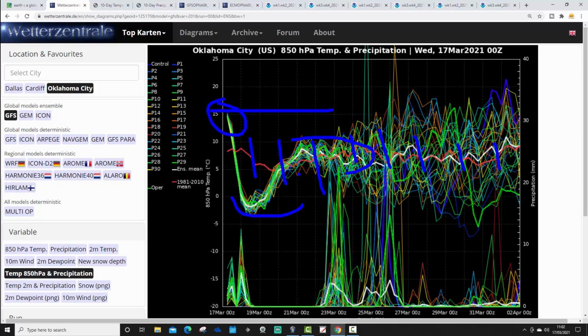Temperatures will then recover as we go through the weekend and into next week, and then be quite close to the long-term average, although there is a bit of scatter here, so you see very up and down with some of these ensemble members, indicative again of a time of year where we draw up warm air from the Gulf at times, but also pulling colder air